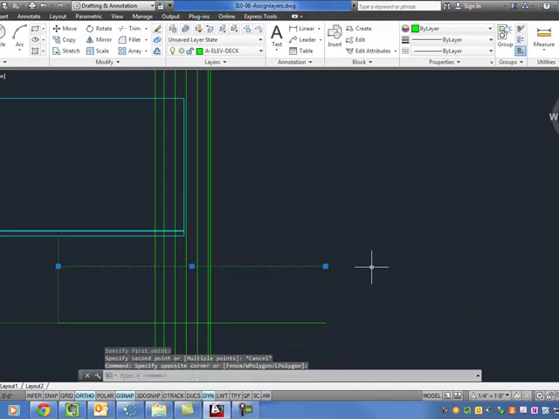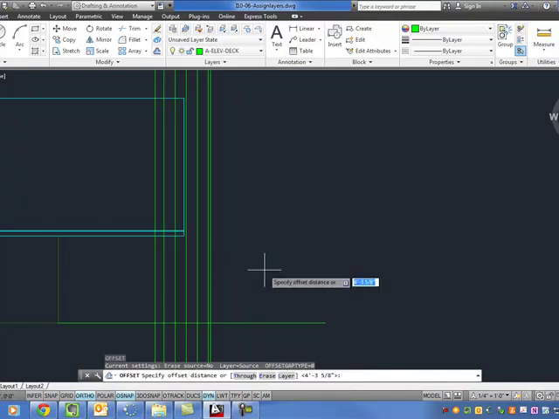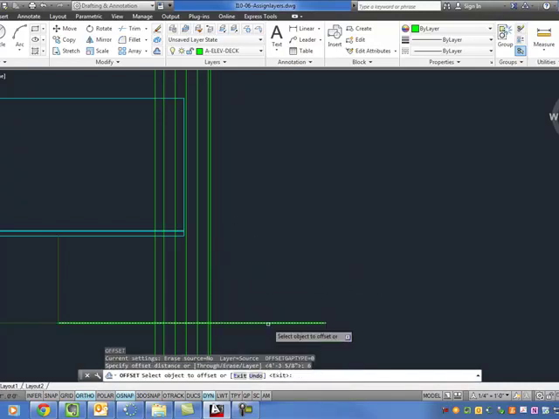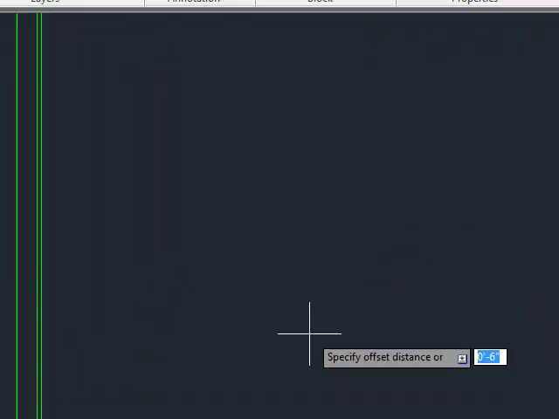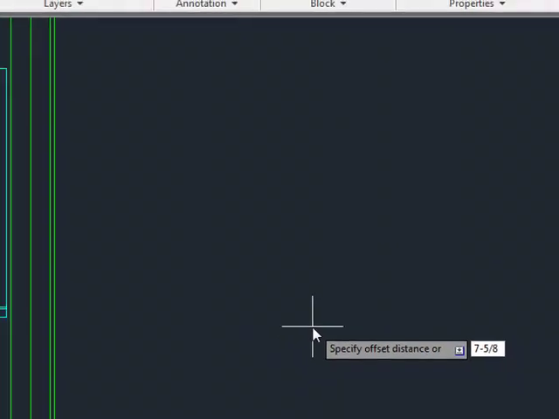Okay, so having said that, got that out of the way. We have a whole bunch of offsets, so we do an O, enter, and then 6 is our first one, so we go bam and bam, so that's a 6-inch offset. Then we O, enter, or just enter to get back in, and then we do a 7-5 slant 8,